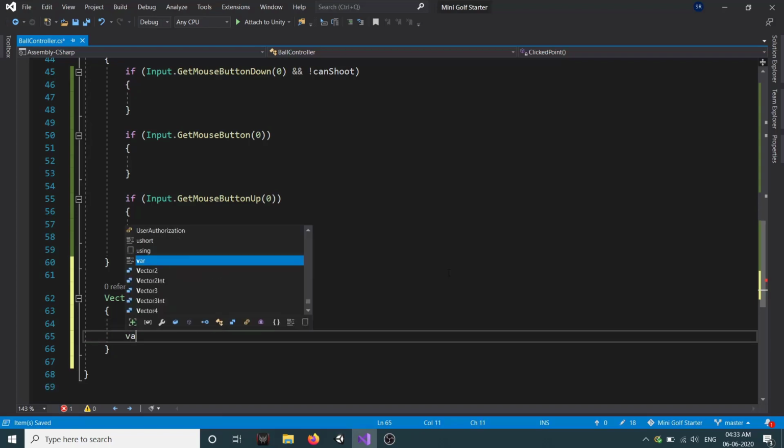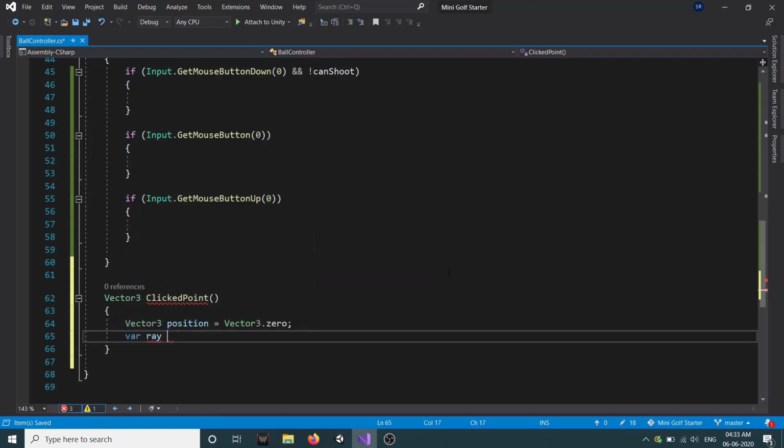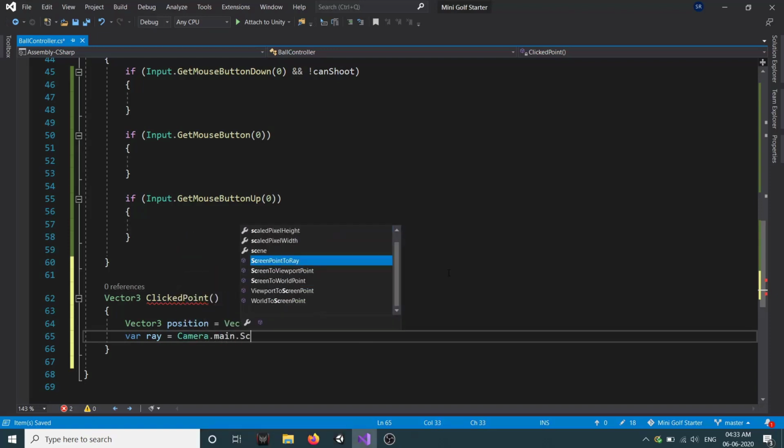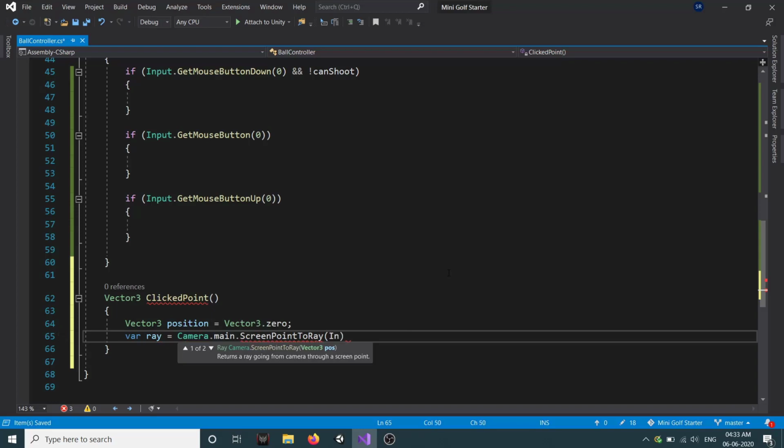Then we will create a ray: var ray is equal to Camera.main.ScreenPointToRay, and we'll pass in Input.mousePosition. It will create a ray starting from our camera, passing through our mouse position.